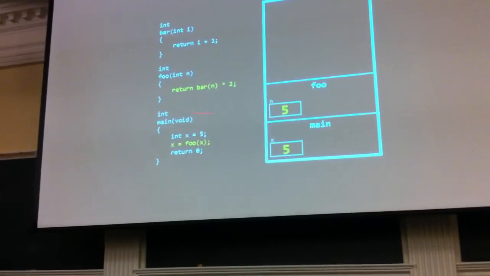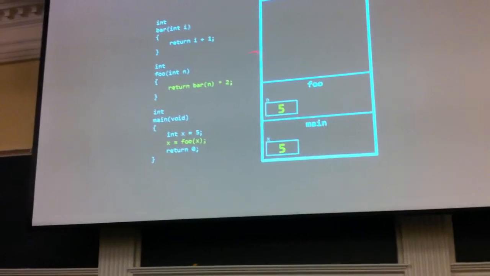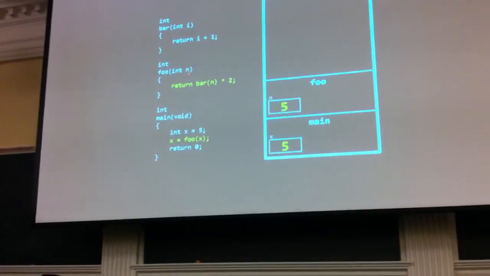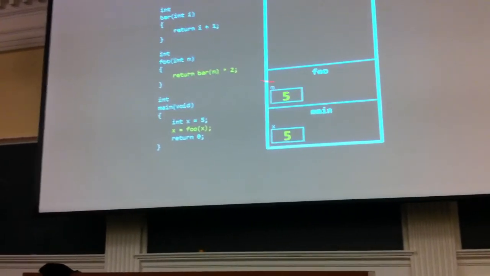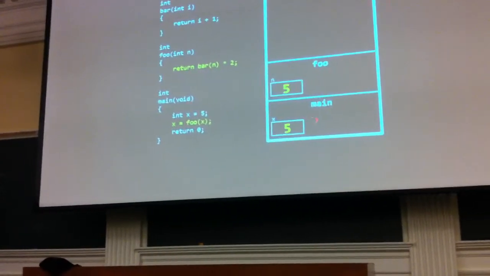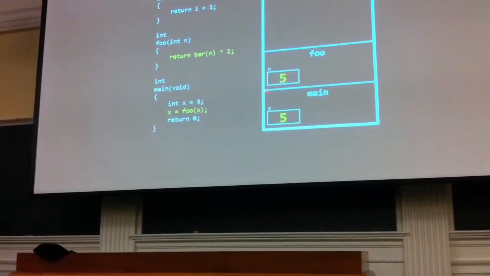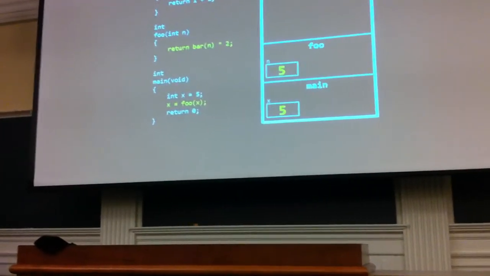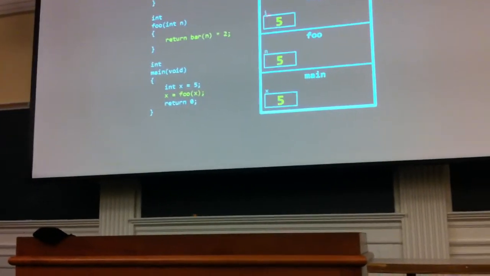We move over to foo, which goes on the stack on top of main. Foo has this local variable n because it's declared as an argument that it takes. And foo, we said, returns bar of n times 2. Like I said before, we copy the value 5 over to here so that foo can access the value 5 in its local variable n. And then this call is bar, which is going to take its local variable I,